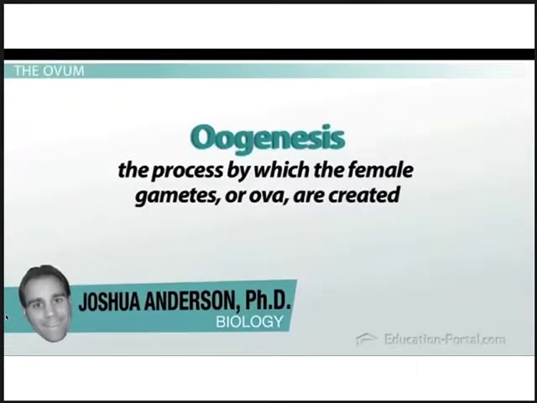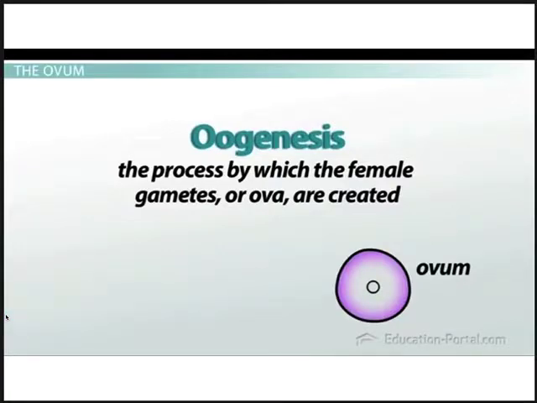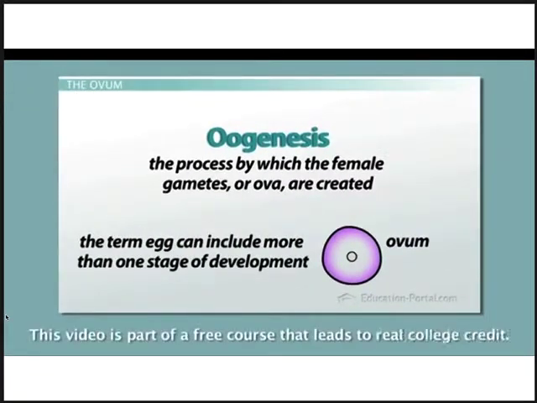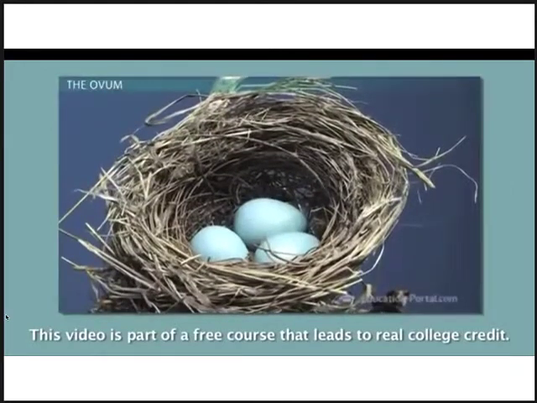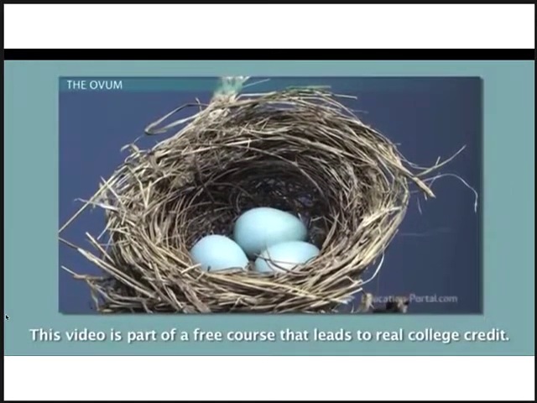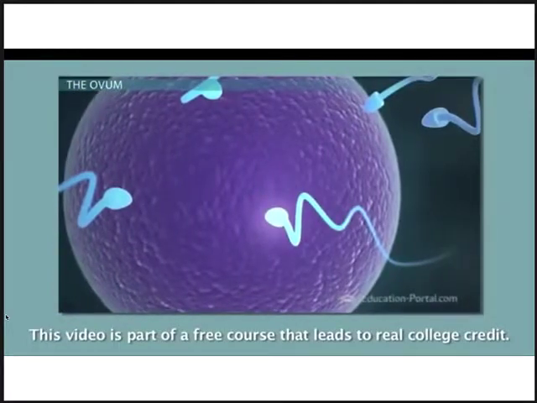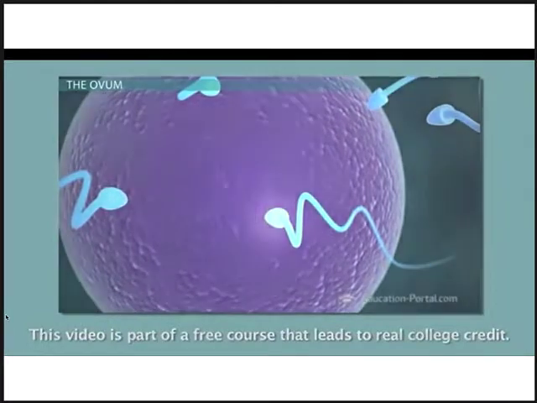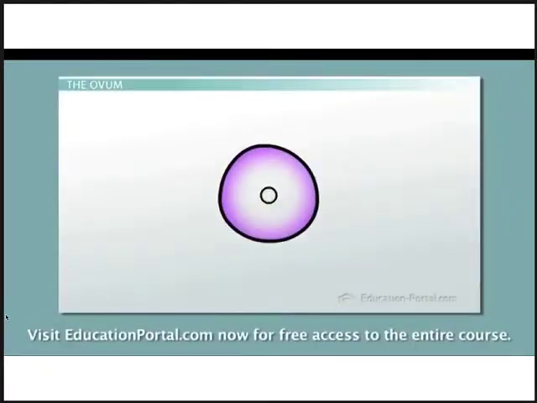Oogenesis is the process by which the female gametes, or ova, are created. The female gamete is called an ovum. Sometimes people will refer to female gametes as eggs, but the term egg can include more than one stage of development, and the definition of an egg also changes depending on the type of organism. For example, the entire prenatal development of birds occurs inside an egg, but in placental mammals, after the egg is fertilized and starts dividing, nobody calls it an egg anymore. So, we're going to use the more precise term for a female gamete, which is ovum, or ova for the